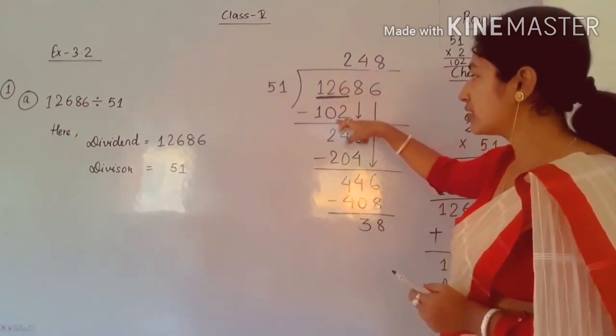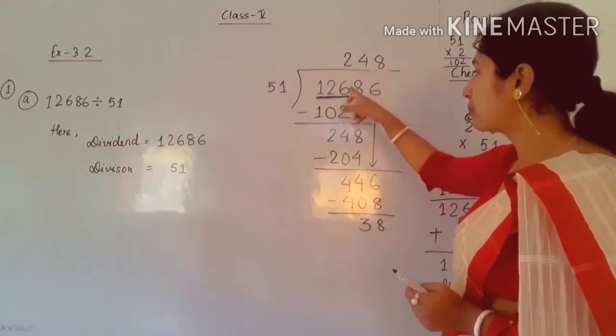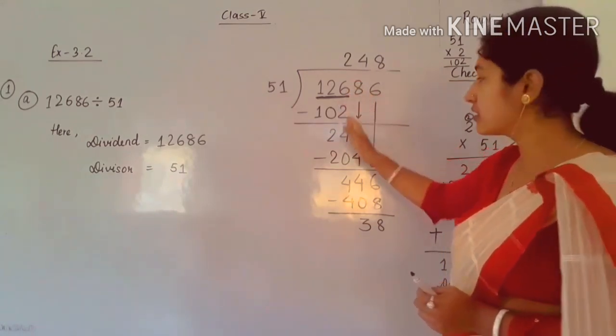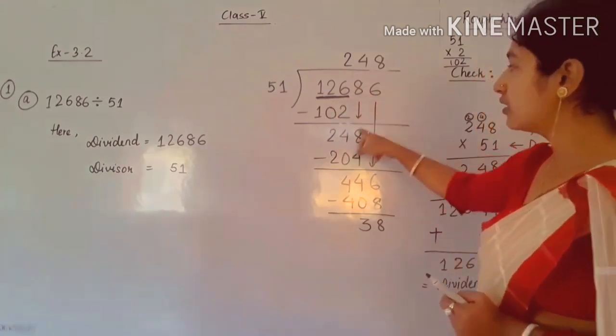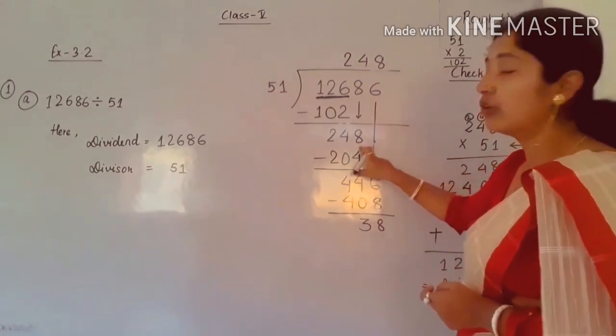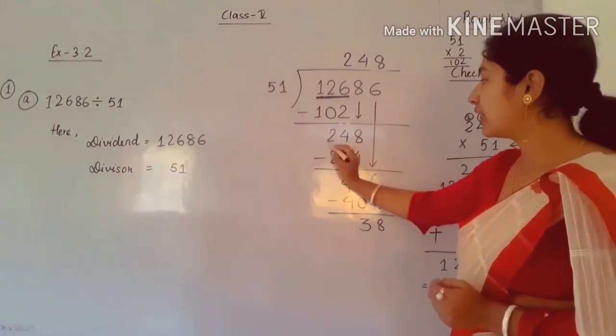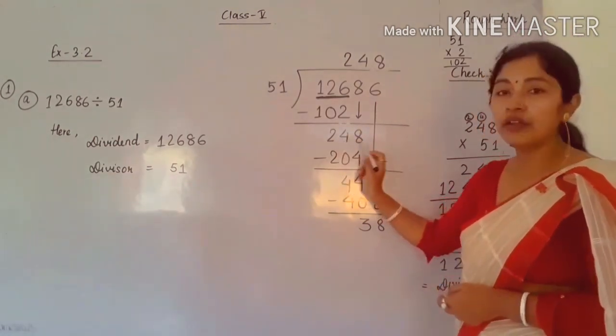Below 126 you have to write 102, then you have to subtract. So one by one we will subtract, starting from the ones place. 6 minus 2 is 4, 2 minus 0 is 2. So 8, you have to take 8 below. So the 3-digit number which is newly formed is 248.